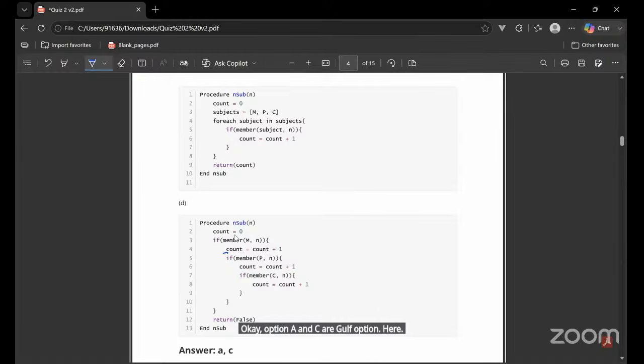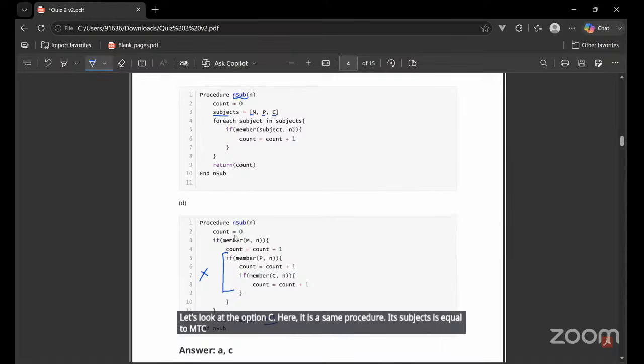Here again, this is nested, right? So this is wrong. Again, it's returning a Boolean value. Let's look at option C. Here, it is the same procedure. Its subject is equal to MPC. If you see,